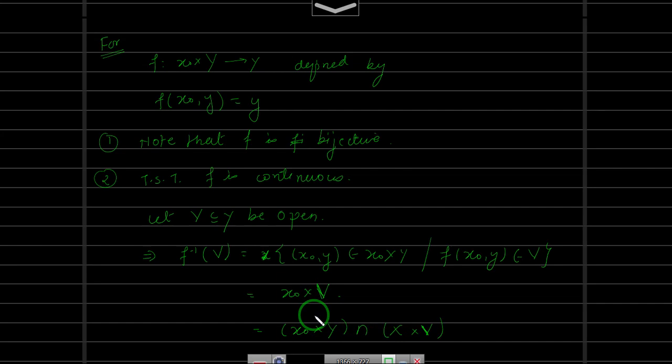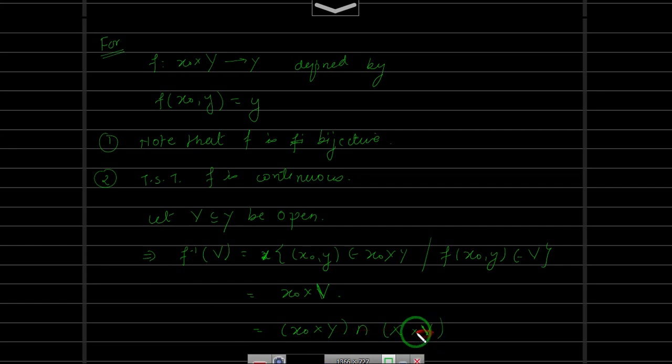Okay, if you want a rigorous proof, you take a point over here and show that that point will be here, and another way you take a point in this space and show that it will be in this set. That is also left as an exercise. Alright, and if you see, this is our domain, the space x naught cross y. Of course you are dealing with the subspace topology. So you are writing this f inverse of v as x naught cross y, that is a subspace, intersection